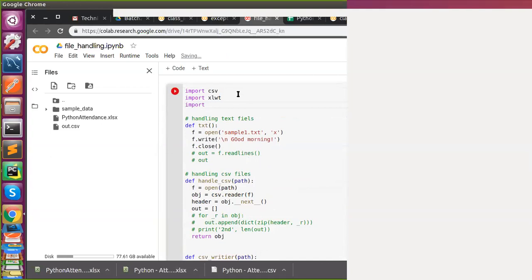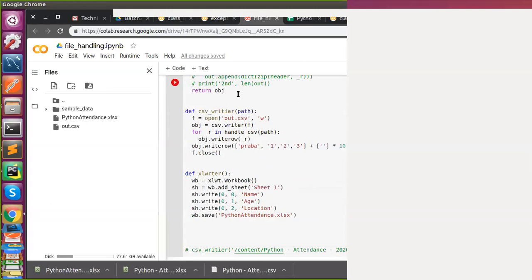XLRD. Now, for Excel read, what is the procedure to follow? xlrd.open_workbook.